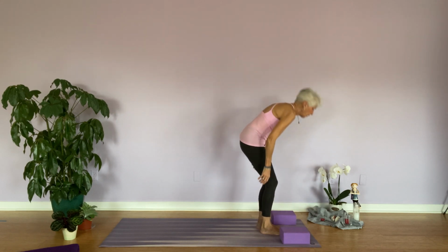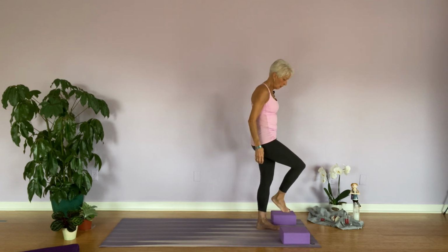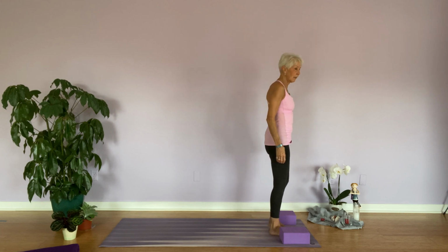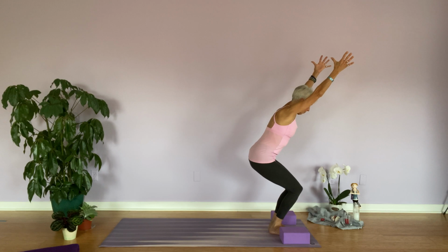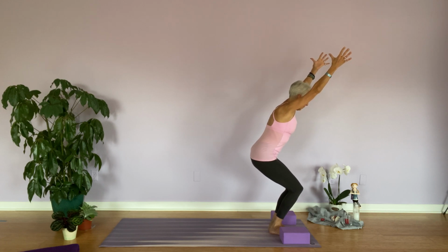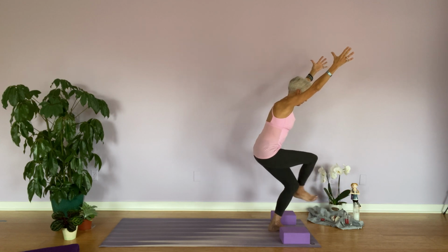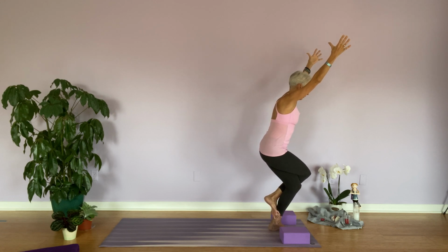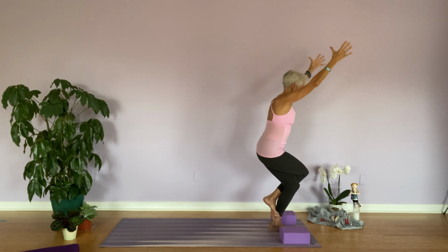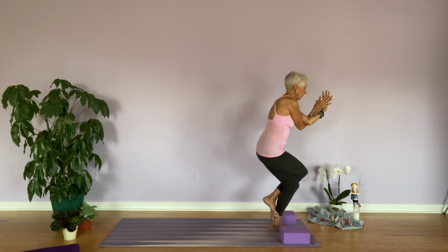Garudasana legs and arms. Okay, so I take the 2 blocks here in case for a kickstand. Bend your knees, inhale, come into chair pose. Keep your arms lifted, lift the right knee into the chest. Cross your right leg over the left, tuck your toes behind, or keep your toes onto that kickstand. Draw the right outer hip back, take your arms forward, cross your left arm above your right, twist your arms